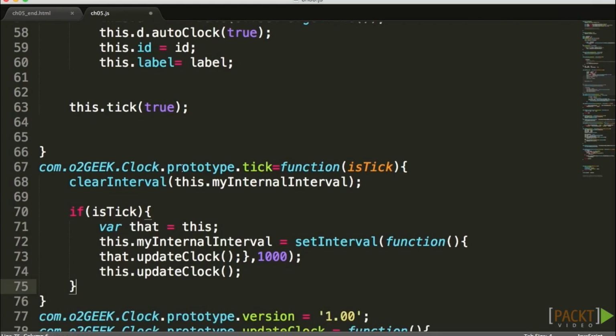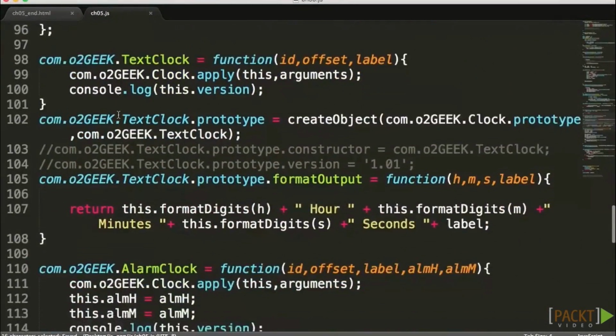That way, whenever this is called, we're basically turning the tick on and now forgetting about it. We're not adding a lot of baggage to our application. The logic is incredibly similar. And now I could very easily take this.tick true and save this, go back to our alarm clock, and add